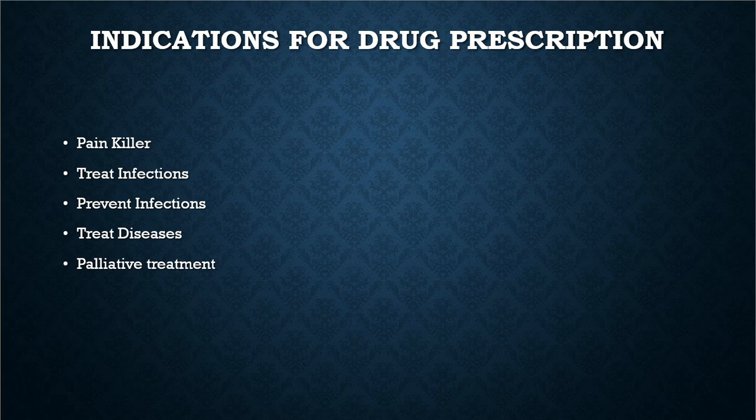Sorry. Now, why would we write any drug? Why would we write a prescription? Either to kill pain as a painkiller, to reduce the pain, for infections, either to prevent them or to treat them. We can either prevent infections or treat infections. Sometimes for diseases, to treat them, and sometimes as a palliative treatment. In patients who have unoperable CA, we can use these medications or painkillers to reduce the pain in these